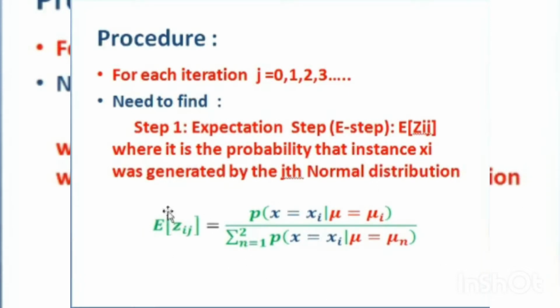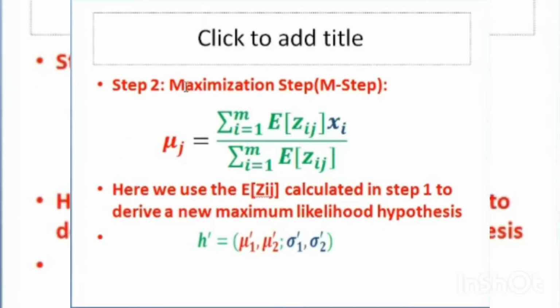This expectation formula in S&S, signals and systems, you might have studied. Okay, just to recap here, probability by total, probability of 1 and probability of 2, plus here will be done, summation is done. Then in the second step, the maximization step. So what we do here, we go for finding mu. We go for finding the mu value. So the expectation value is taken, multiplied with the instance. That is under summation, divided by the expectation summation.